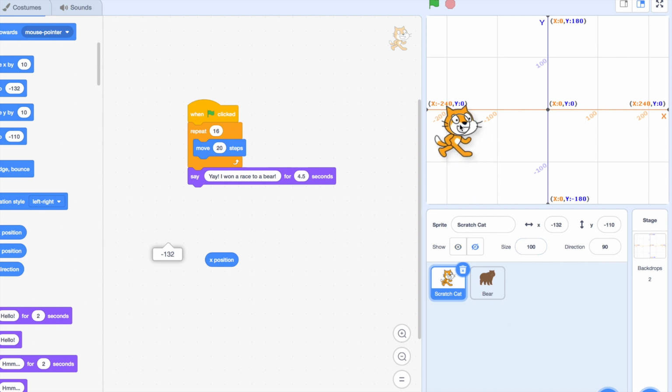So if your sprite is over here, it's actually minus 201 because this place is minus 240. If you set him to minus 240, you'll be exactly where the grid says 240. It's minus 240 because he's on the other side. If you set it to positive 240,